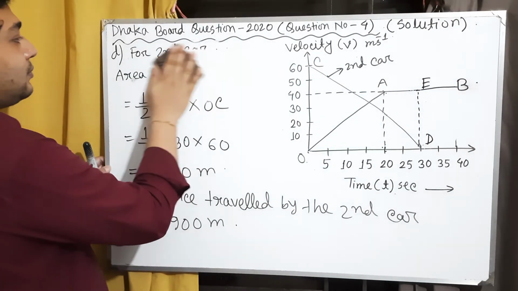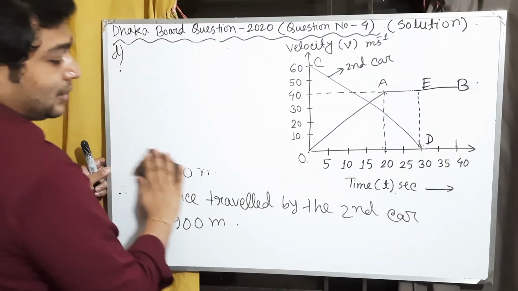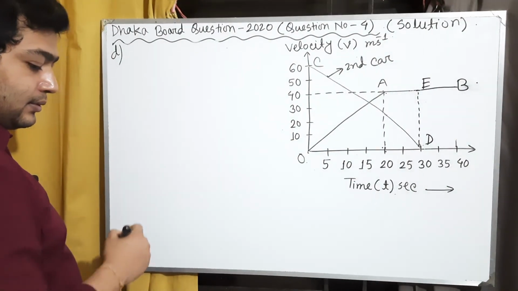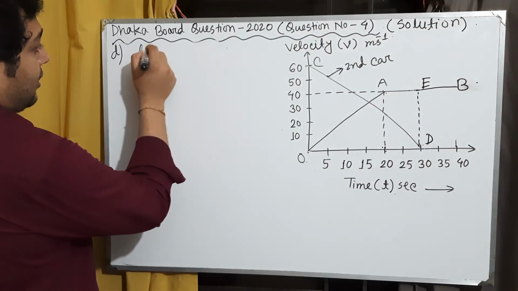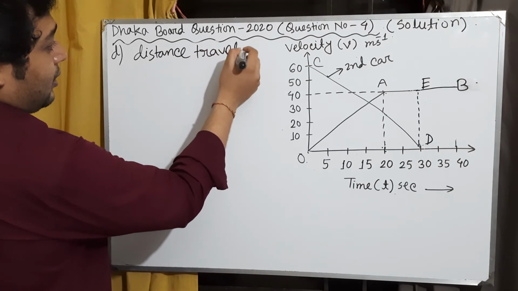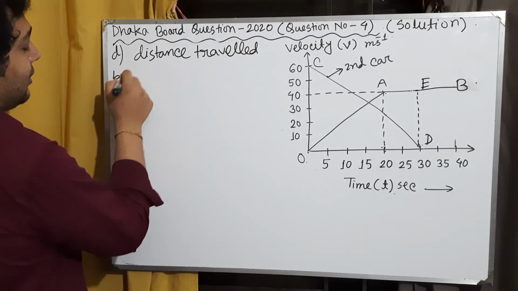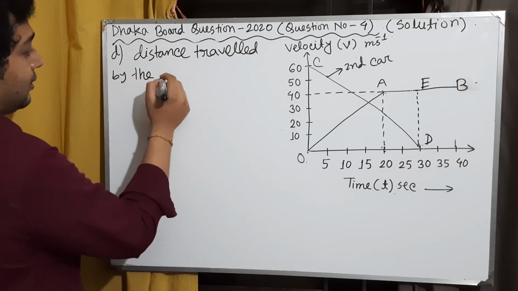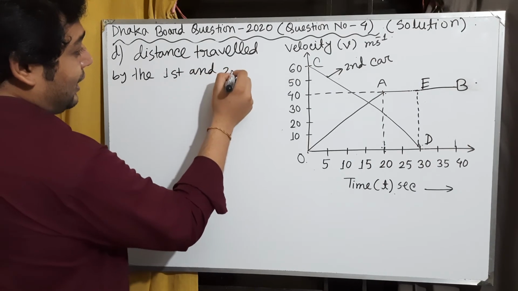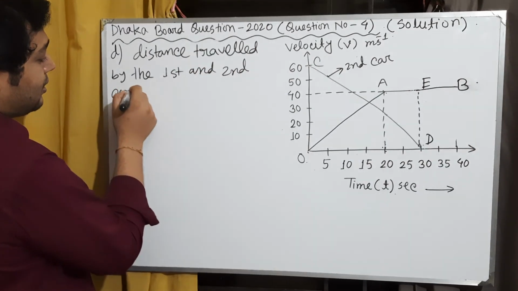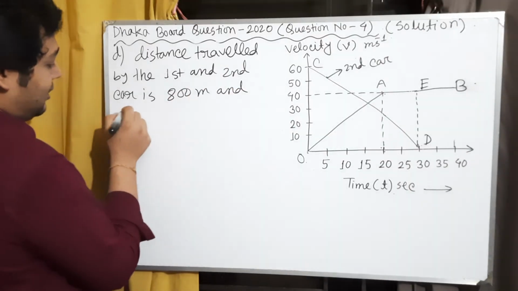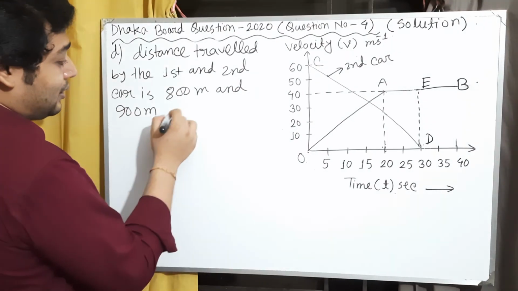So the discussion is that the distance traveled by the first and second car is 800 meter and 900 meter respectively